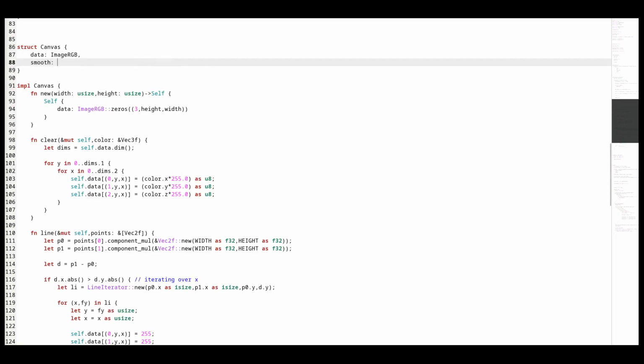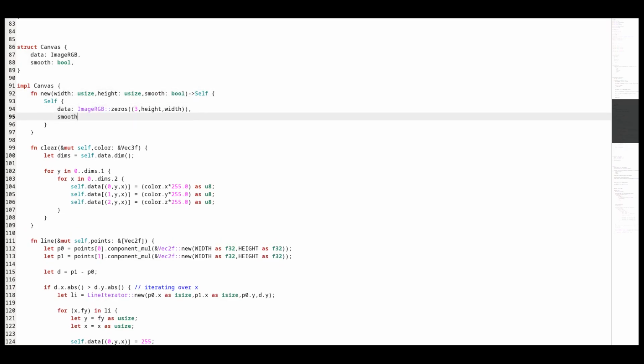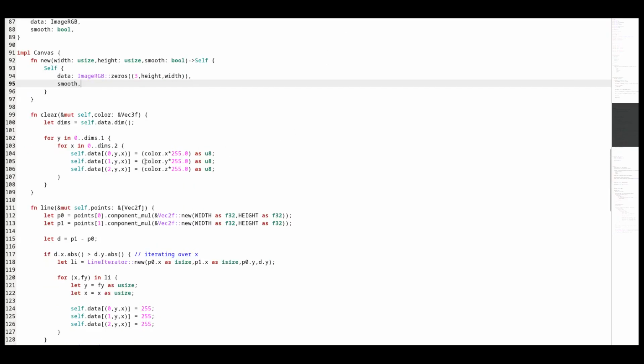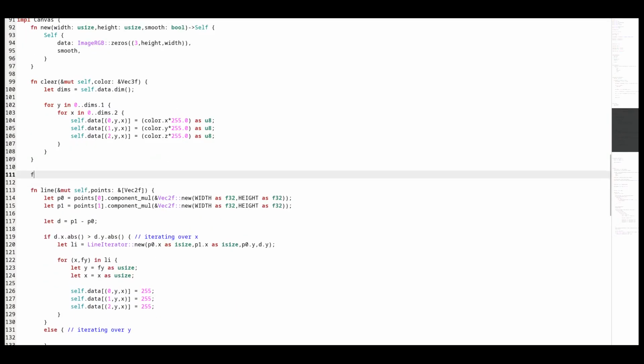I added a new value to the canvas struct. It's a flag to start anti-aliasing. Also, we need to define dedicated functions to manipulate pixels.